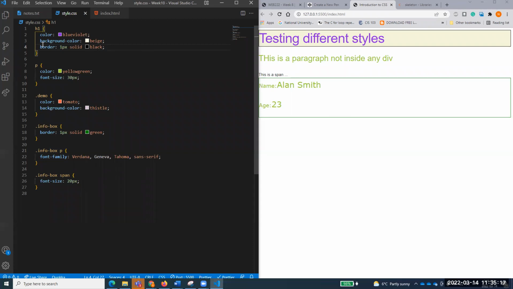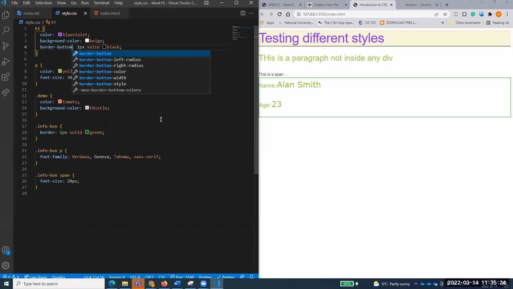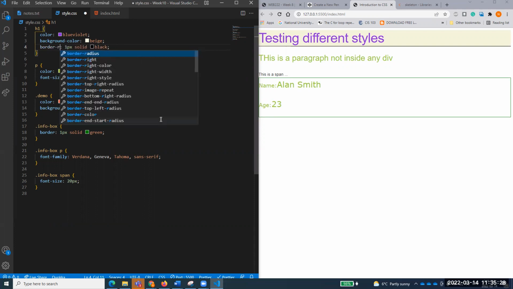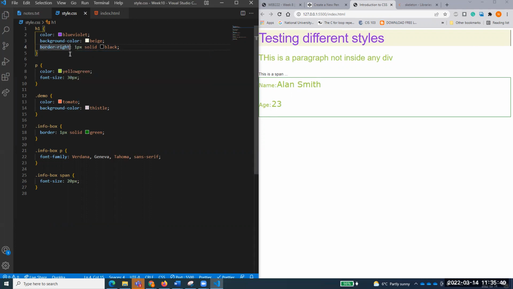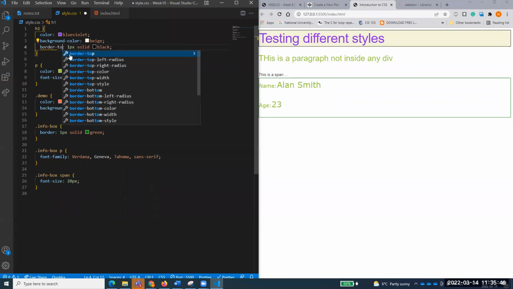And to your surprise, maybe I'll talk about these properties a lot. If I say border bottom only, you see only the border will appear at the bottom. If I say border right, you notice that there is a border only on the right side. Can you see that? So border has all those properties, and if I just give a border, it will occupy the border on all sides. But if you want, for example, border top,